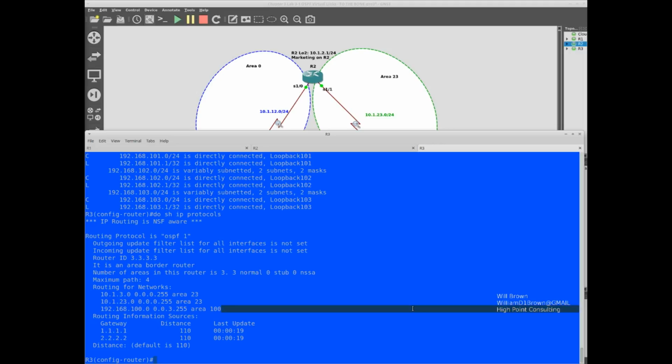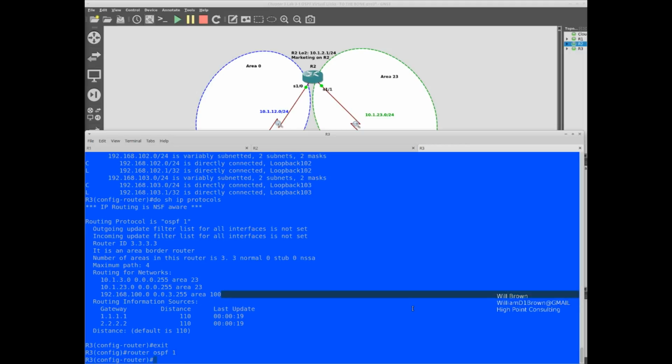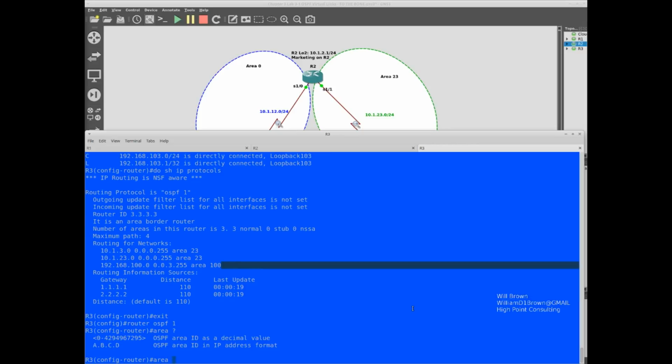So here we're going to exit out, and we would say router OSPF 1, area 100, because that's where the loopback interfaces are. Loopbacks 100, 101, 102, 103 are in area 100.